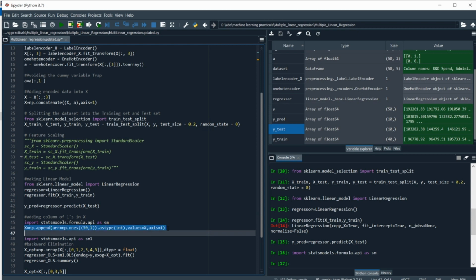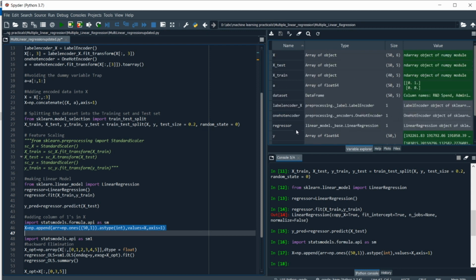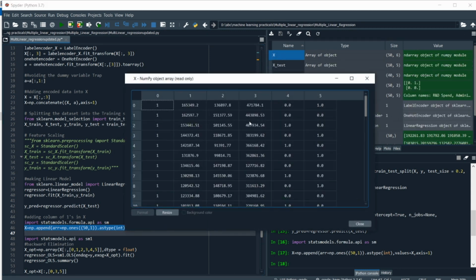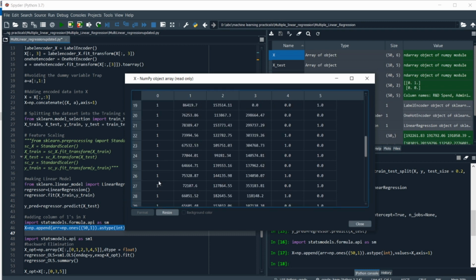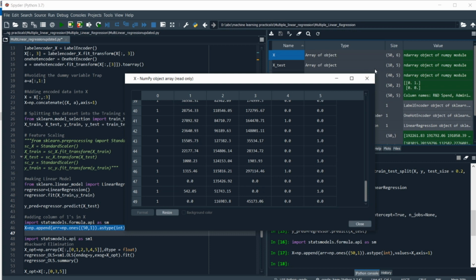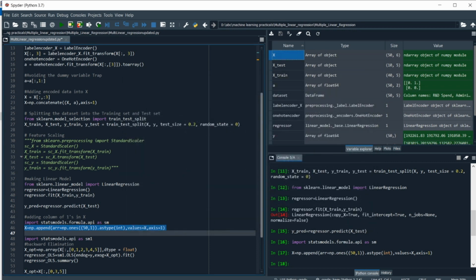After executing this line of code, you can see that in our independent variable x there is now a column of ones of around 50 rows, from index 0 to 49. Now after that we are going to use the statsmodels API to get a summary of our model. In order to do that, we are going to import the statsmodels API first, like this.